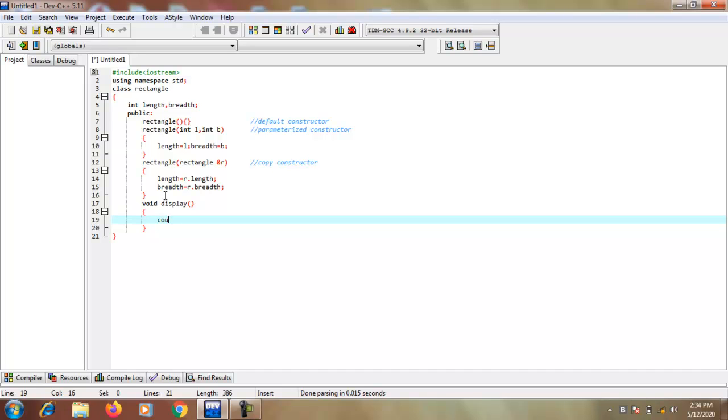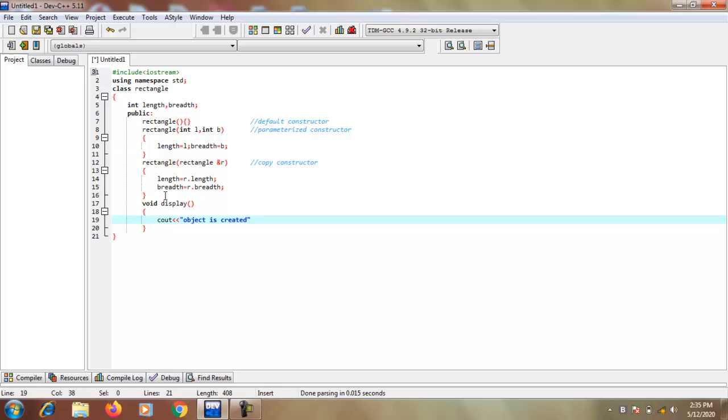Here simply display the result. First I write to display object creation, so that's why I am writing this object is created.